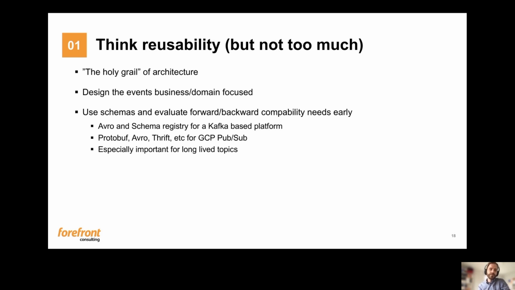Also, it's important to use schemas and tools for handling how the events actually look. For Kafka, for instance, there is a schema registry where you can put all your schemas that define how the events actually look. So the key thing here is that when we use a business-focused design, we not only make the information model more transparent and understandable, but I also think it will get more reusable going forward.